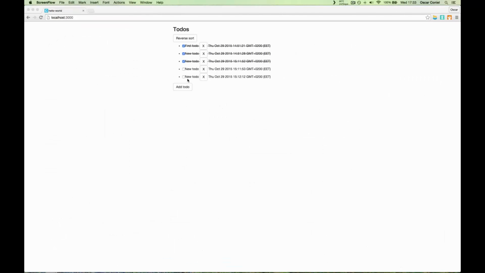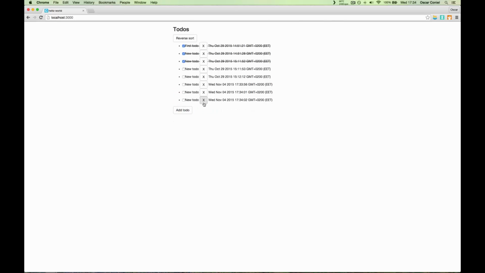So far we've created a pretty useful to-do list, apart from one problem, is that we can't create our own custom to-dos. We only have this new to-do. And to make our own to-dos, we're going to need a form. Now, Meteor doesn't have its own form handling solution, but there are several packages out there that will help us